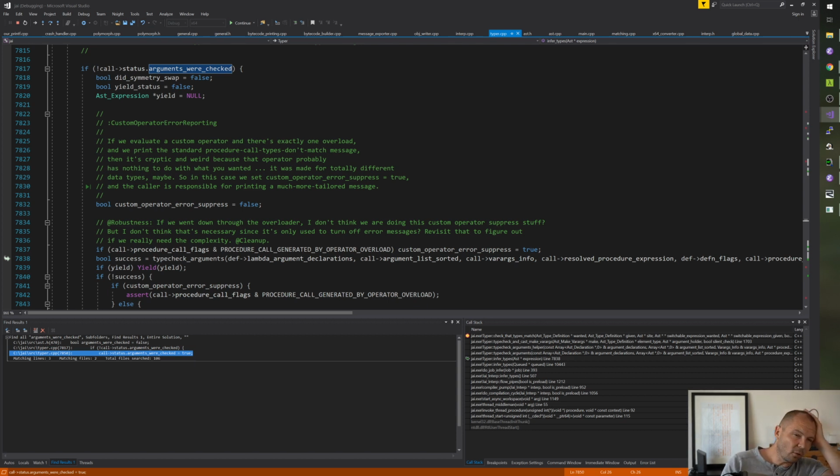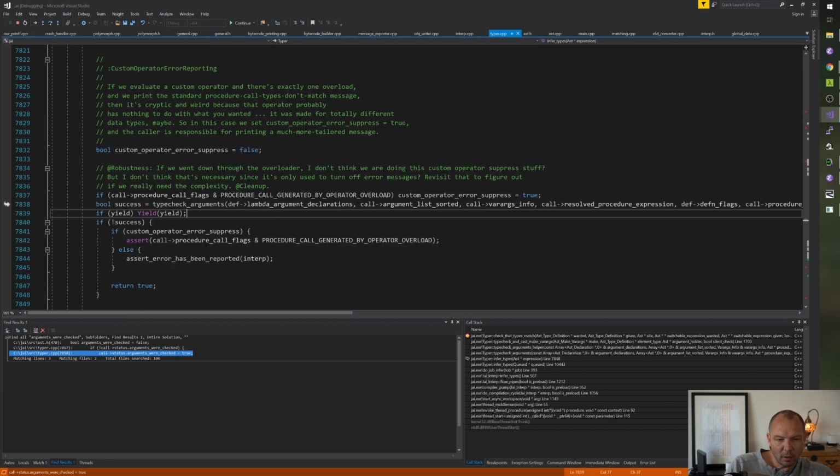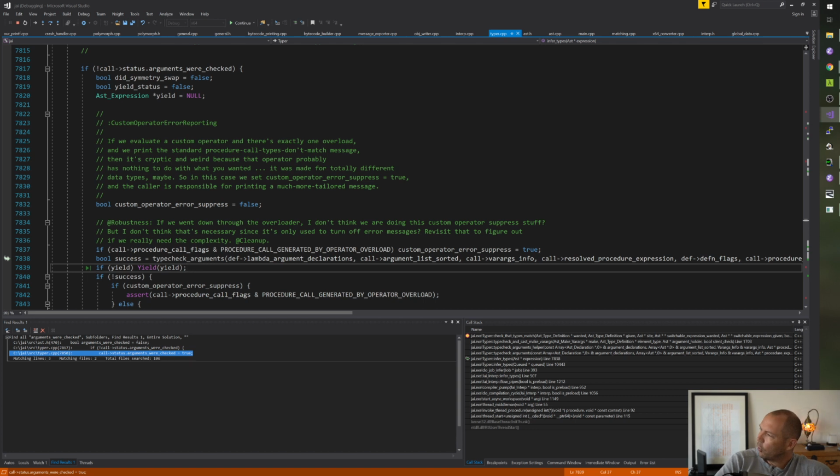Because we assume, let me think about this. We assume that we get down to one procedure and then we come here and check the arguments. And it's like there's literally only one thing that we do that on. But the other code is assuming that they'll somehow get matched later for every overload, and that it's not sort arguments' job to type check the arguments.